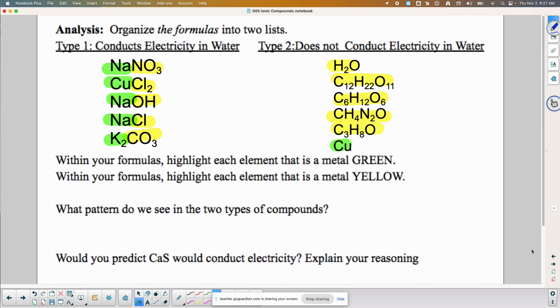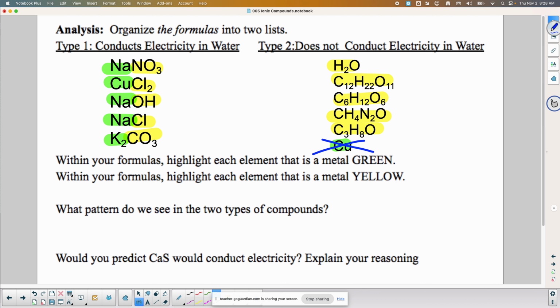So after looking at things that conduct electricity in water and things that don't, and looking at the metals and the nonmetals, we basically came to the conclusion here that anything that had both types of element present, both metals and nonmetals, was going to be able to conduct electricity in water, and anything that only had one type wasn't. And I actually, at this point, am going to have you take copper off the list,